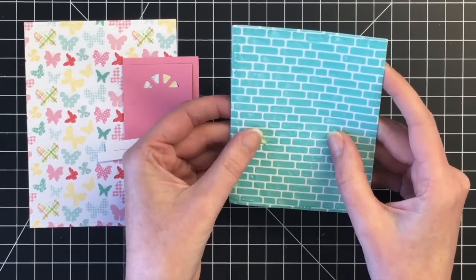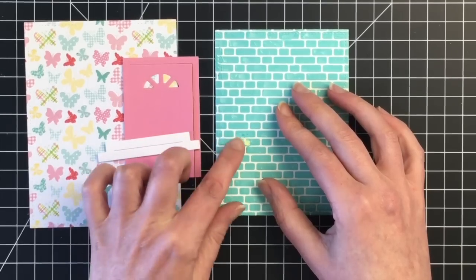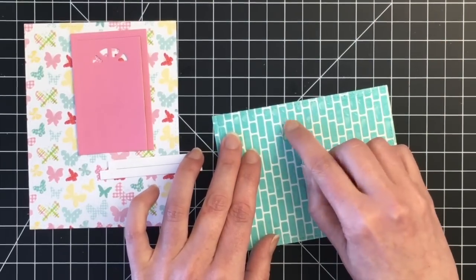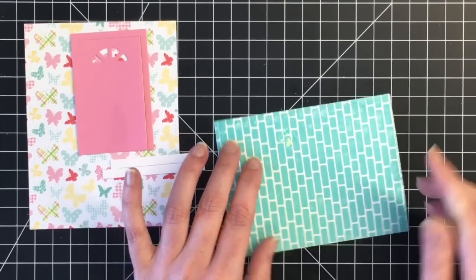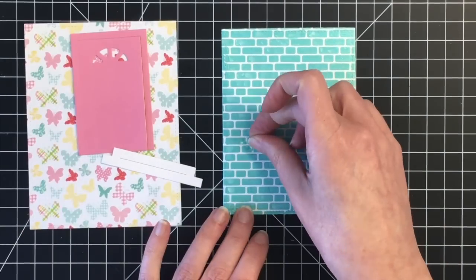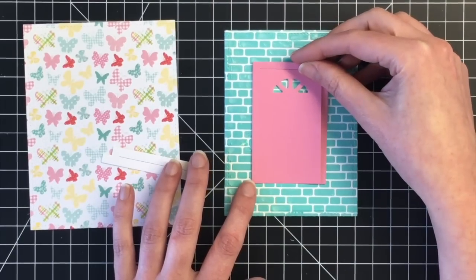First, I'm just going to rub my fingers and try to get that paste to move so that the areas don't look as big. I'm going to just use the door here to figure out how much of this I need to fix, or if the door will cover up most of it. So I'm just going to continue to use my finger, and then I realize that's just not going to do it. So I'm going to take the leftover piece of the panel that I made, and I'm just going to cut out a little piece of the bricks, and I'm going to go ahead and adhere that on to the